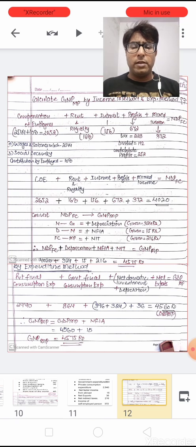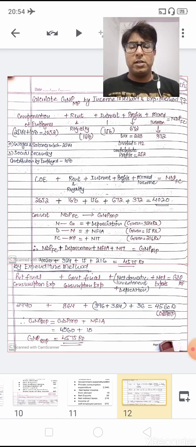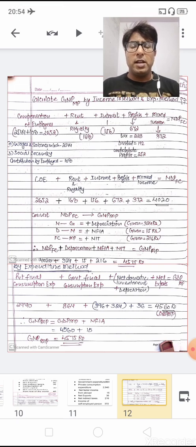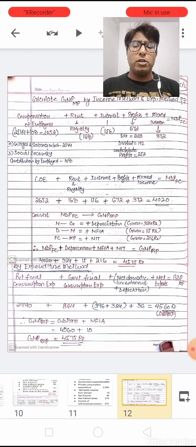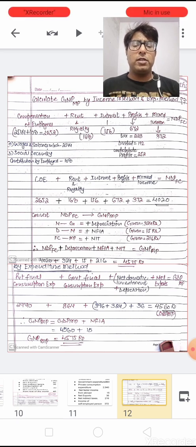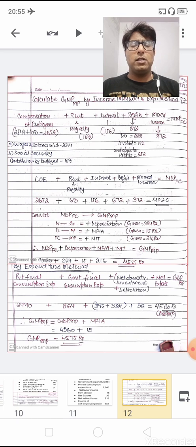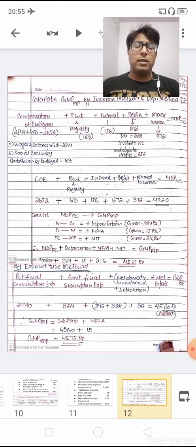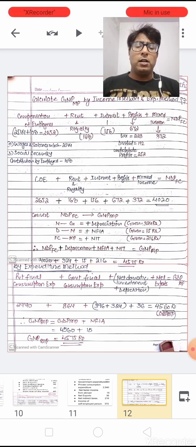So now when we are putting in the values, the private final consumption expenditure is given as 2940, whereas government final consumption expenditure is given as 864, but the value of gross domestic capital formation is not given in the question. Now it is given as net domestic investment. So as I just explained in the previous question, if net domestic investment is given, then we add depreciation to convert this net value into gross. Similarly, children, net domestic investment is added with the depreciation, and we will get the value of gross domestic capital formation or gross domestic investment.